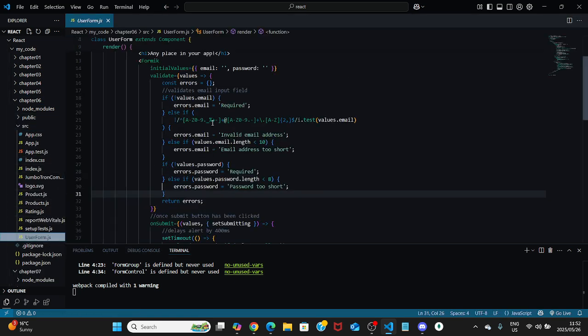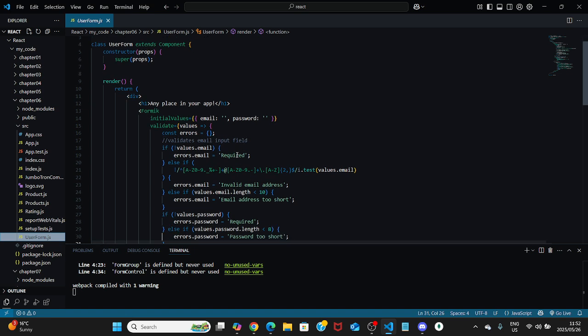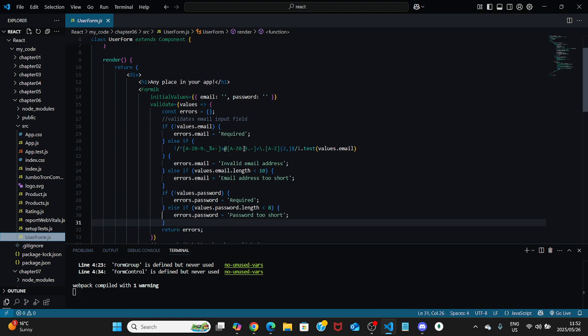So over here we've got our userForm.js. So we have the form set up. The form has two fields, the email and the password. And then we've also got a validation check. Sorry, it checks if the email is provided and properly formatted,